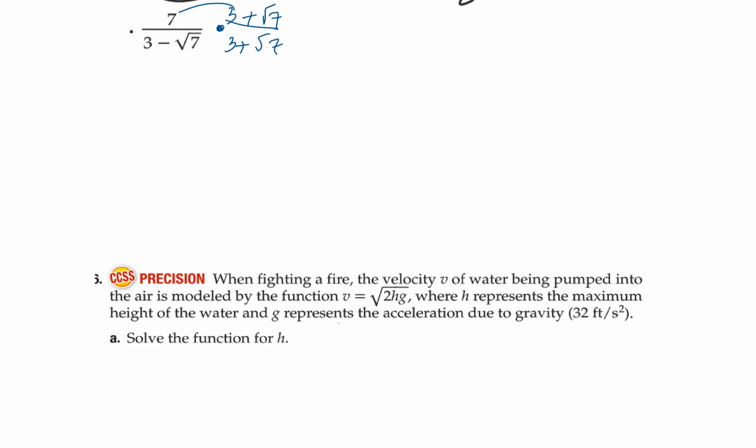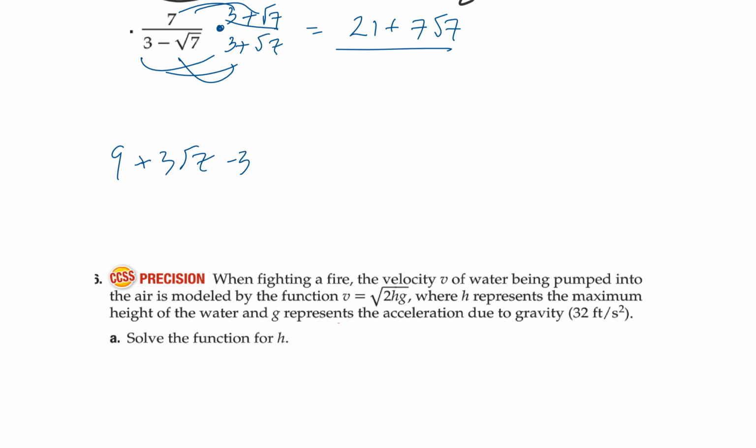We're going to multiply the 7 by both of them. You're going to get 21. Again, 7 times 7 is not 49 because that's outside the radical and that's inside the radical. So you just get 7 rad 7. On bottom, again, if you want, you can actually just multiply it. You can get 9 plus 3 rad 7 minus 3 rad 7